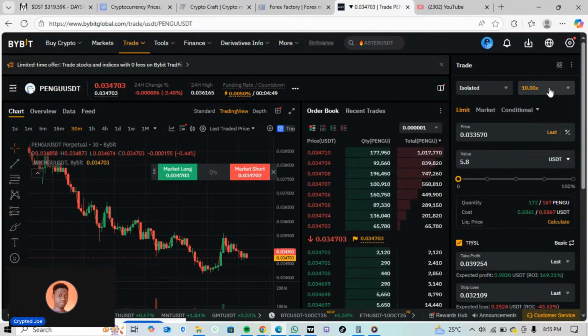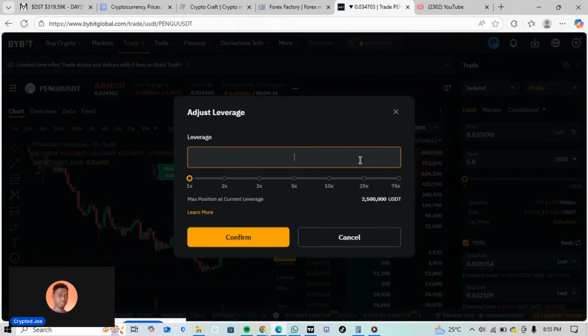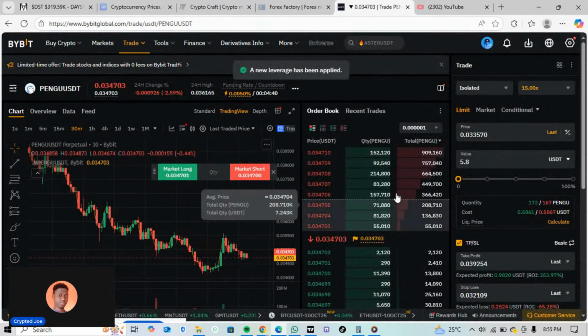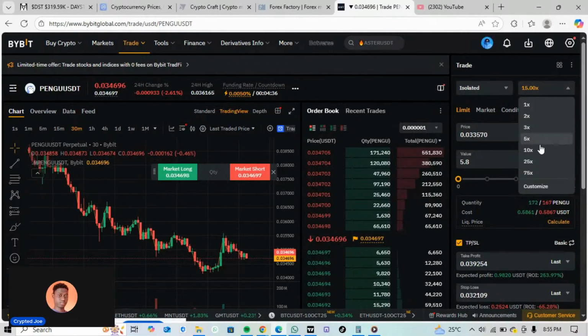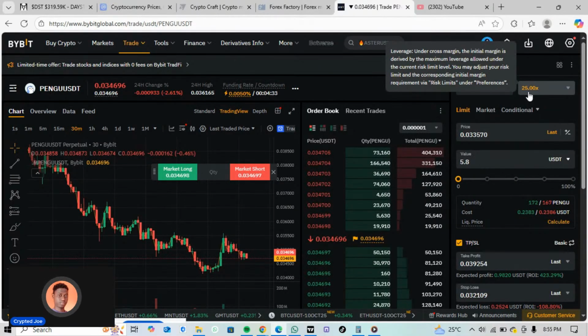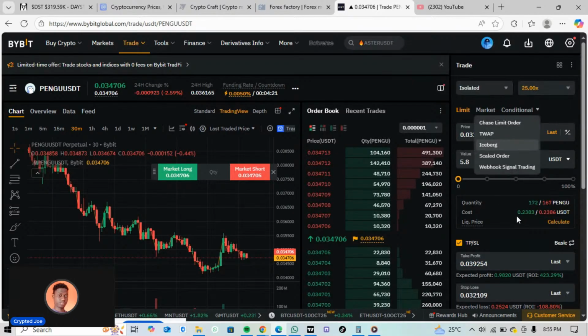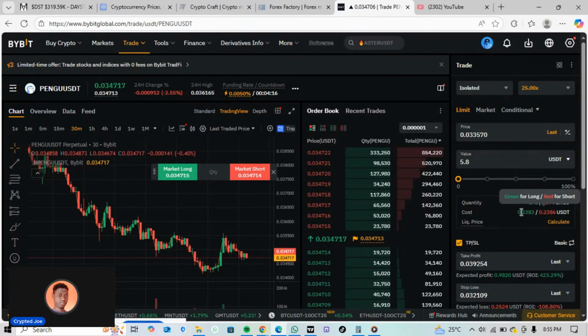Okay, I've been using 15. It's not changing. Okay, 25x leverage. Very good. Now we are borrowing more money to enter this trade to give us our position size. That means we will be using less amount on the trade, which is, you see, at 15x leverage it was $0.5. Now using higher leverage you use less of your own amount to enter the trade,